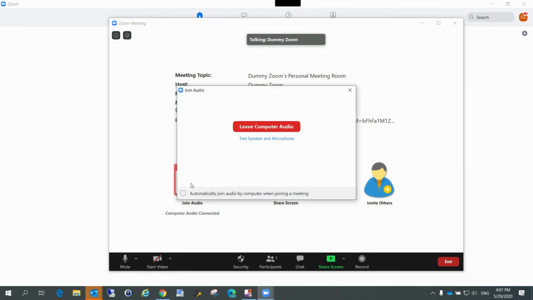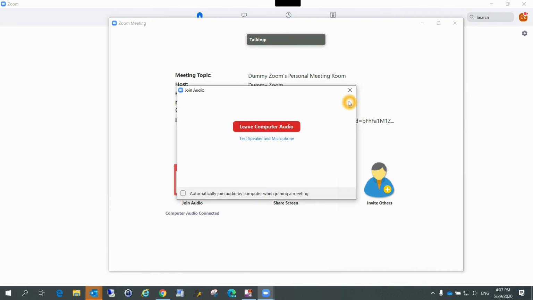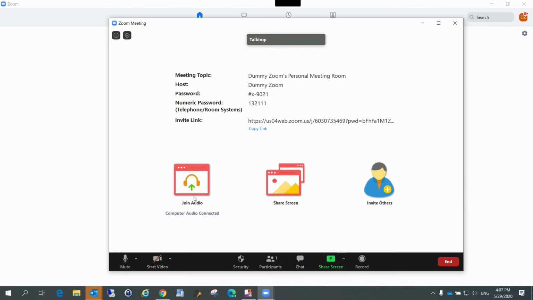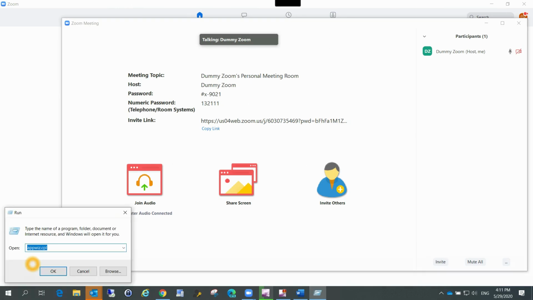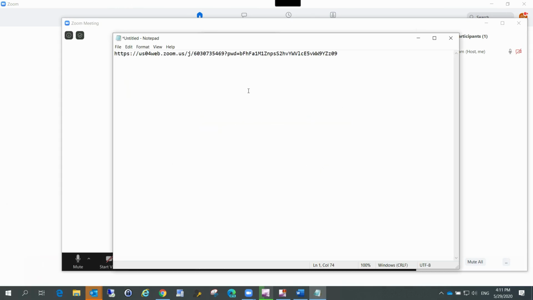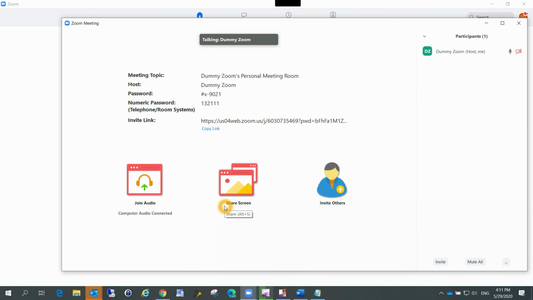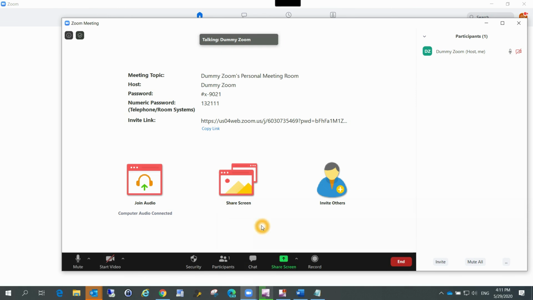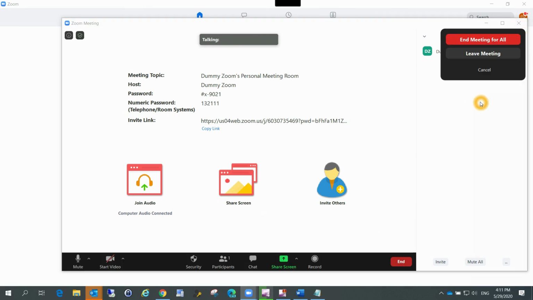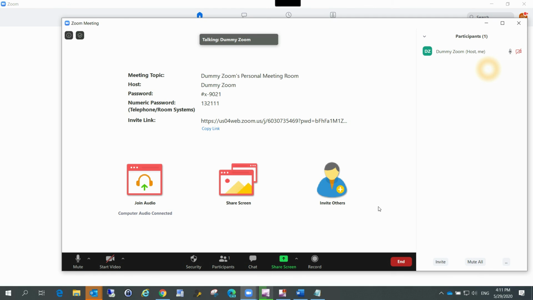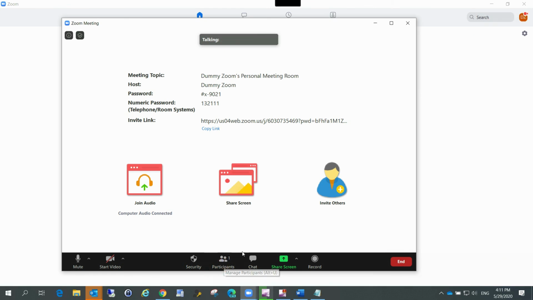This is usually for the people who join through mobile or regular voice calls, not through the internet Zoom account. I just copied that Zoom meeting link, and this is the link that you can share with anybody you wish to be part of the meeting, and then send it through WhatsApp, email, SMS, or whatever means you wish, and they can join by clicking the link and going straight into the Zoom application. Or you can invite others by their email address. You can use either Outlook as a mail application, or you can use Gmail directly from the web browser. Those kinds of flexibilities are there.